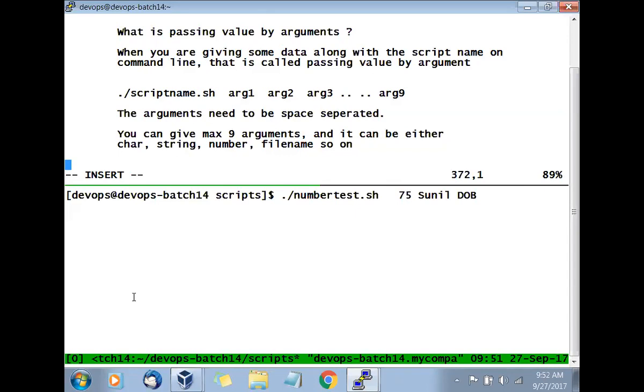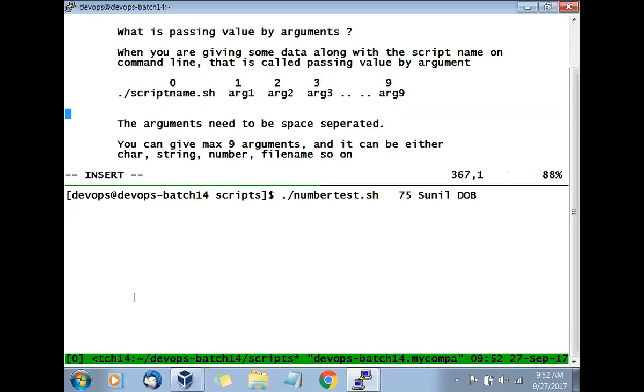Okay, now let's focus on the screen. By default, shell will give some number to that. So this is the 0, this is the 1, this is the 2, this is the 3, and so on. Inside the script, it will refer to these as $0, $1, $2, $3, and up to $9.